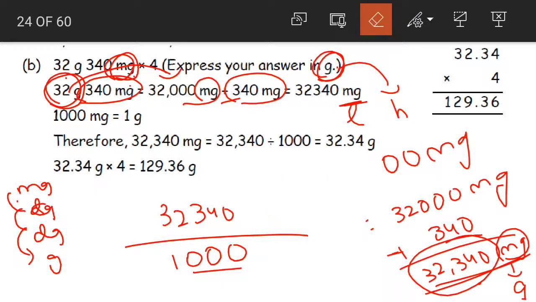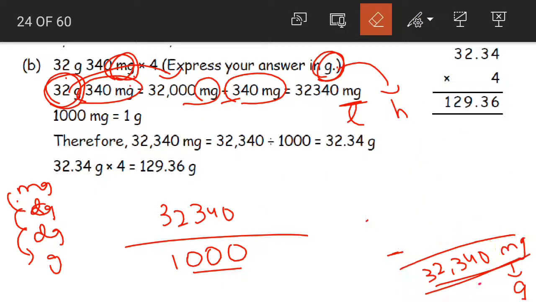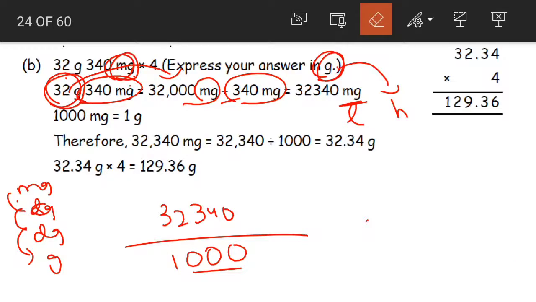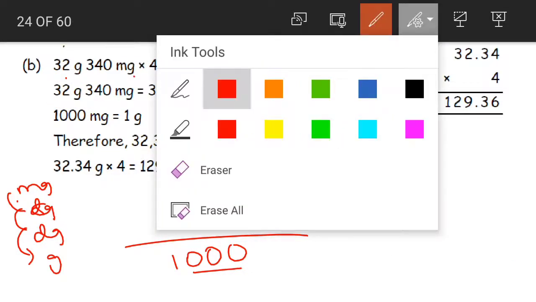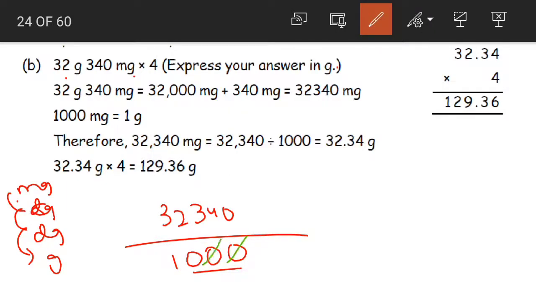So how do we divide, children? Do we need to actually do the division here? No. We simply need to put the point. We need to place our decimal point. In the denominator we have 3 zeros. So after 3 digits from the right, 1, 2, 3, we place our decimal point.